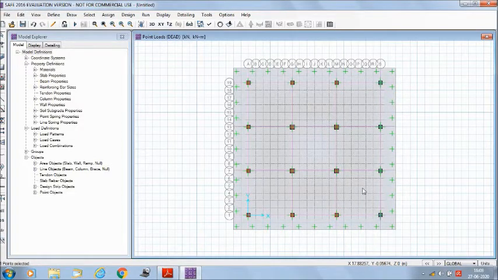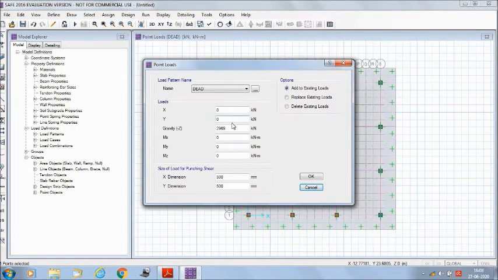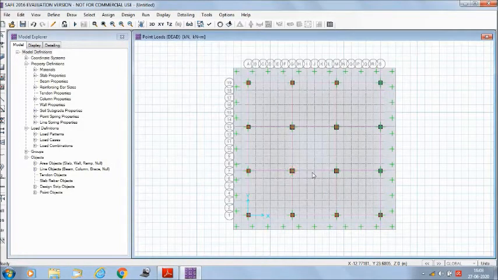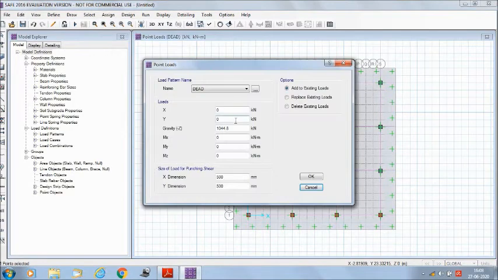Now for column number 13, the dead load is 1044.8 and the live load is 453.6.